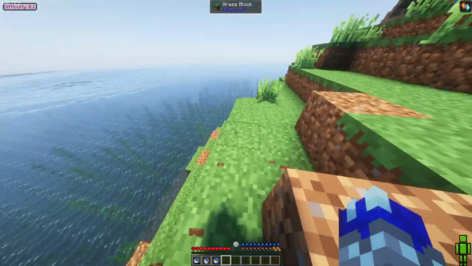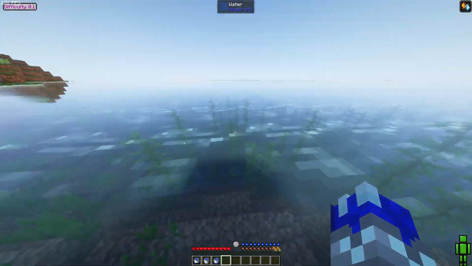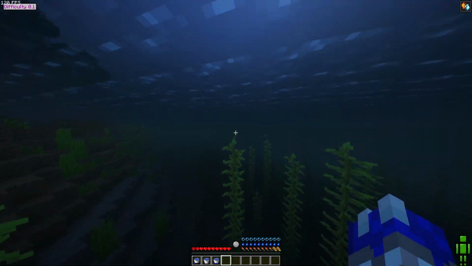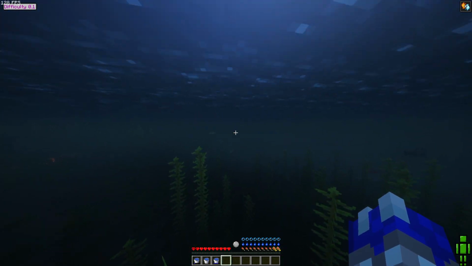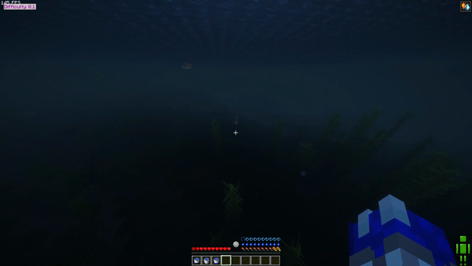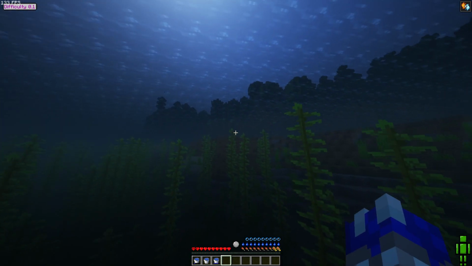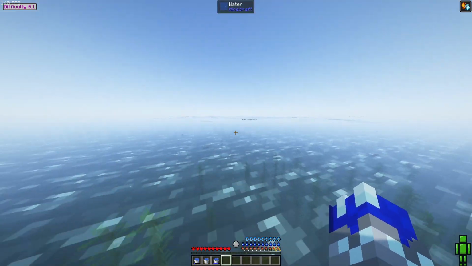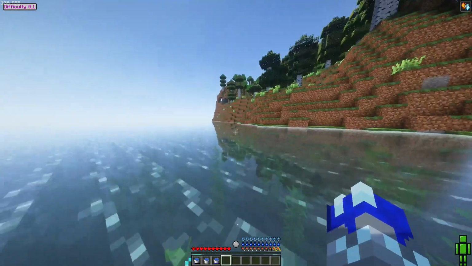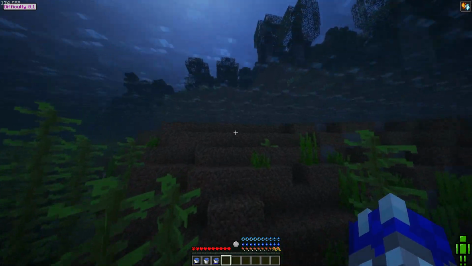But as you can see here, it's pretty laggy, not in terms of FPS, but in terms of TPS, which is the ticks per second. See, everything is lagging. If you go into the water, well, there aren't any mobs around right now, but you'd notice that the mobs aren't really properly swimming around. Like, these fish are kind of lagging in place, and when you hit them, they take a second to respond. That's called server lag, and today I'm going to show you how to fix this with Flowing Fluids and still